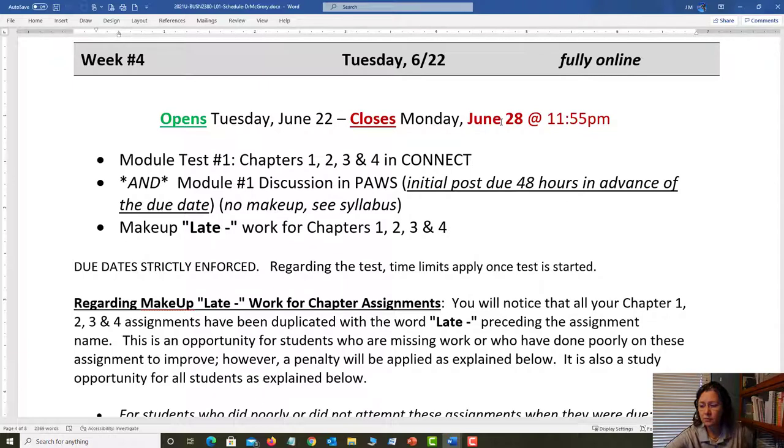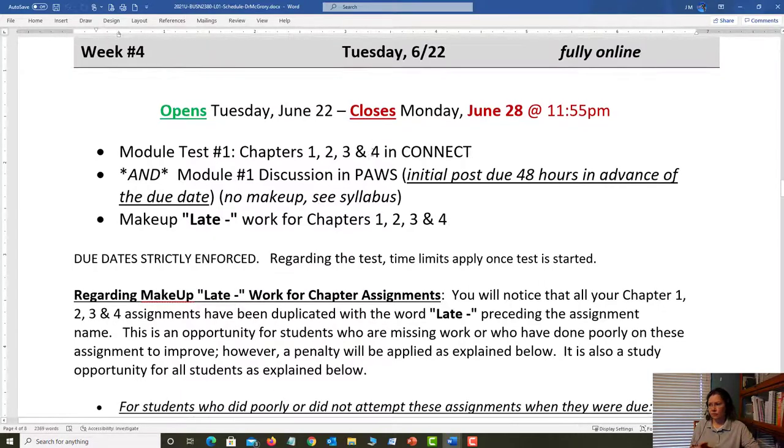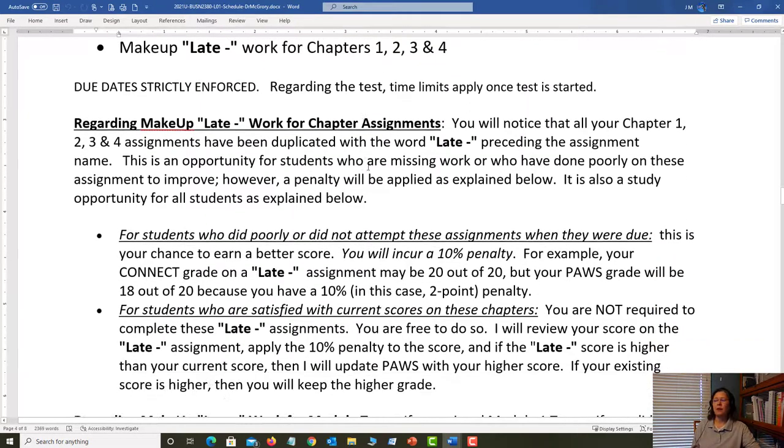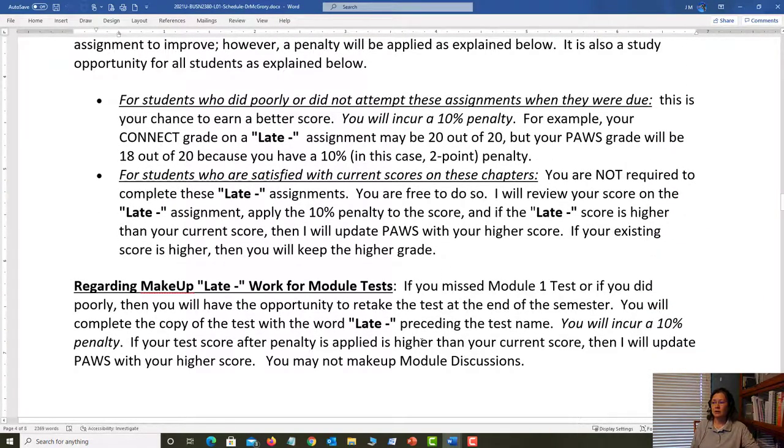Sometimes I like to have a nice calendar to write in so that I can see things quickly, but I'm also very much a digital person, so I would just look at this document very frequently. Whatever works for you, but don't miss a 100-point test, because you need that. But if you do, some family emergency, sickness, things like that, you will have an opportunity to do a makeup test at the end of the semester.